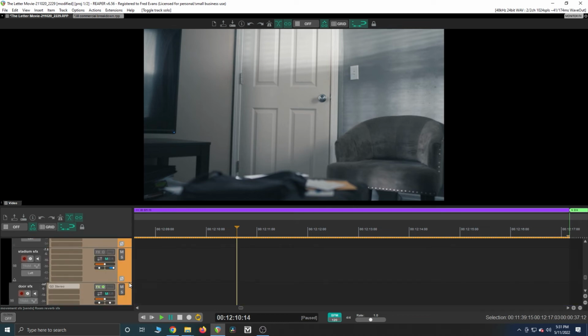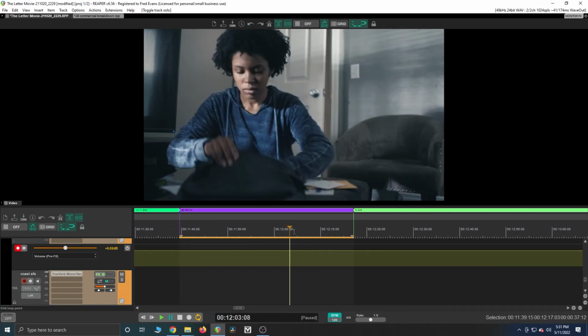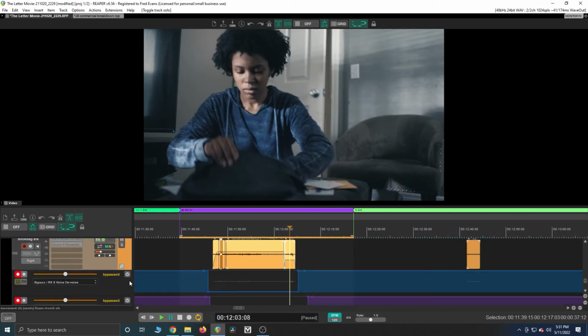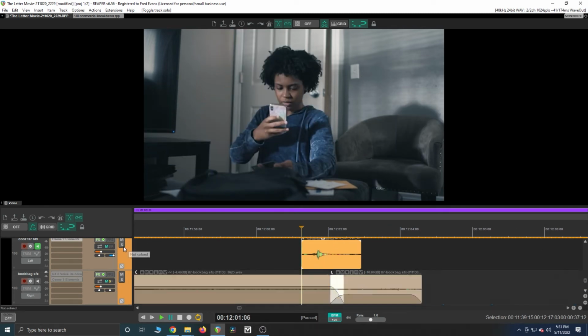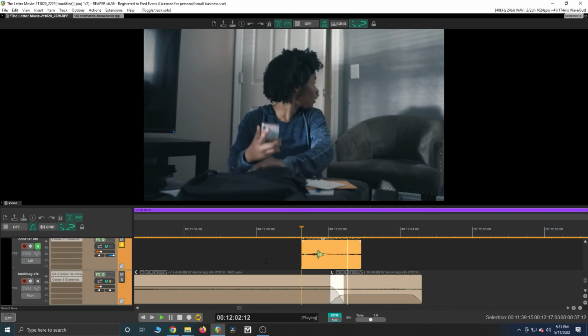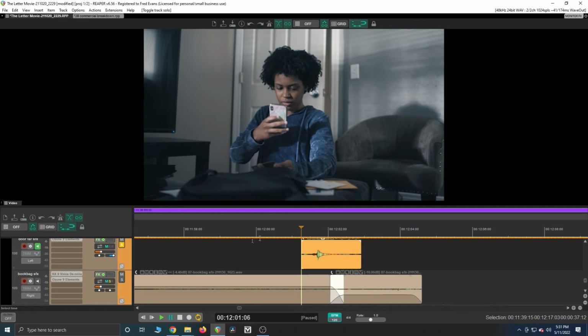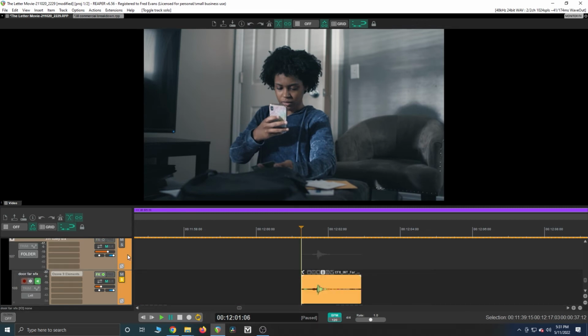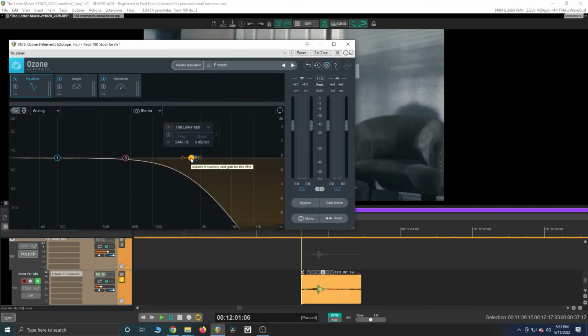And lastly was the actual door slam that happened when she was sneaking. So I had to find a very, very specific door slam that sounded like it was very far away. And if you listen to it, it automatically tells your ears it's not coming from within the room, but it sounds like it's coming from the next room or the hallway. I could have recorded that one myself, but it was just a little easier for me to find that one. And when I found that specific one, I just did a little low pass filter and got rid of some of the brightness out of it so it doesn't sound too close.